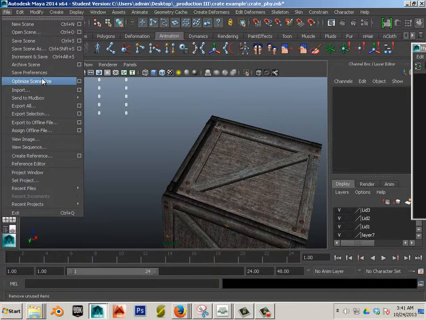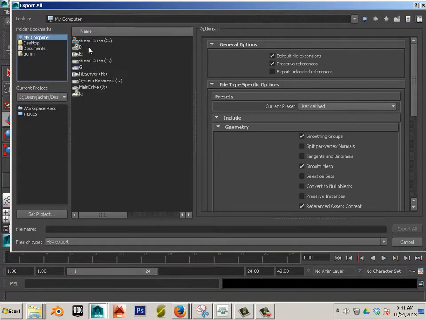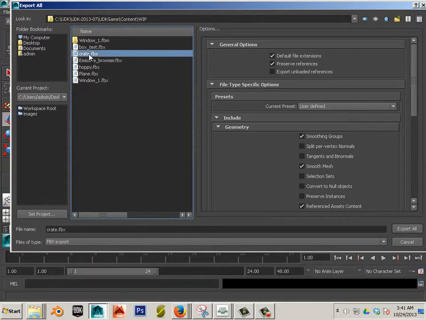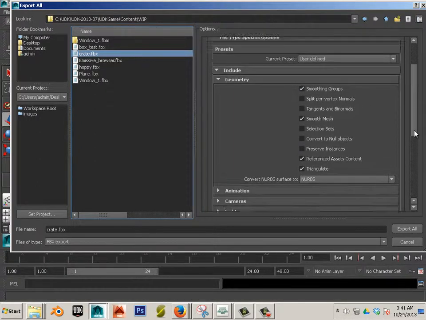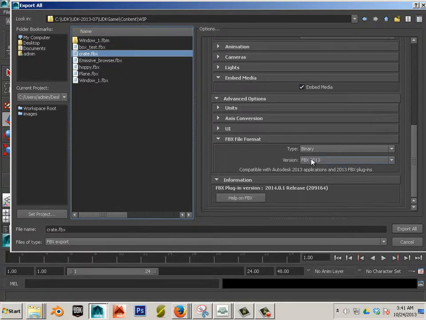Let's go File, Export Selection. Oh, no, actually, Export All, sorry. Export All. And then we're going to export this into the UDK under Content, Work in Progress, and I'll call it Crate. I want smoothing groups. I wish to embed the media, and I'm going to be using binary FBX 2013, and